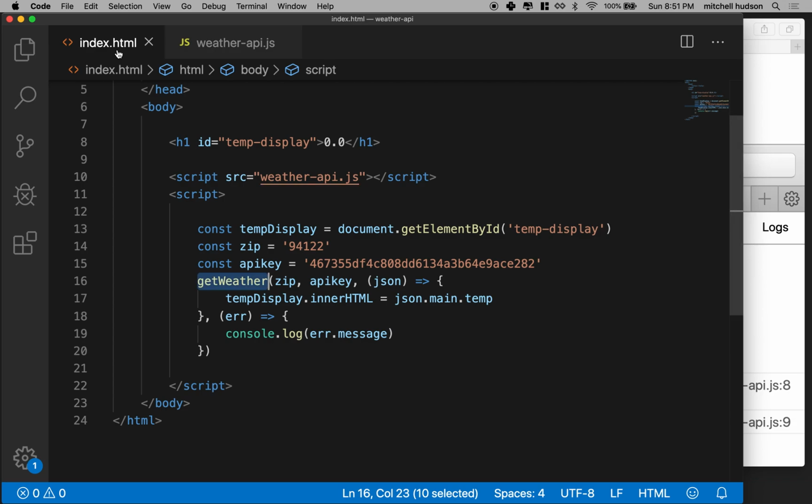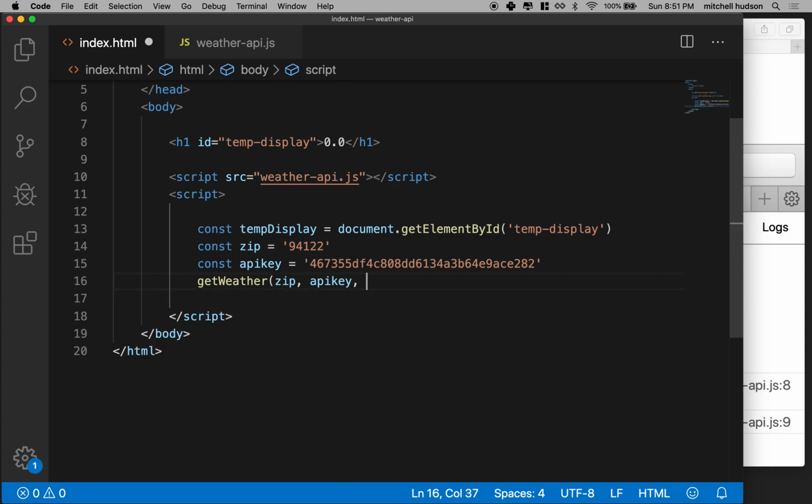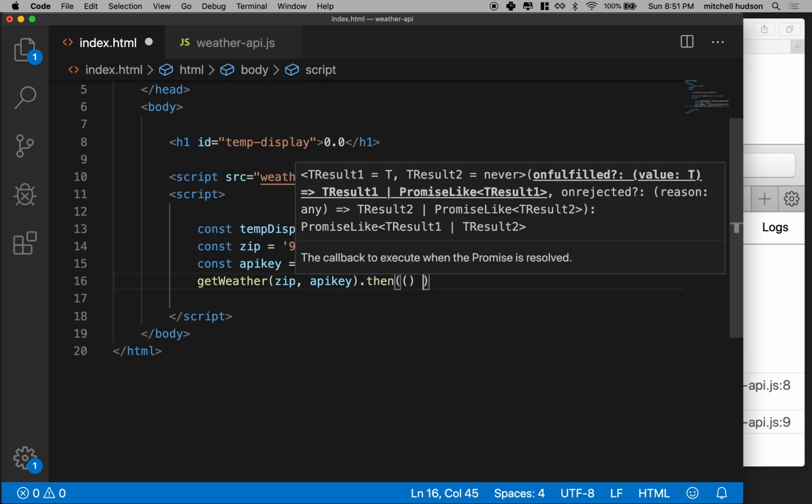So that means over here in our index HTML, getWeather is now going to return a promise. So we won't need this stuff. I'm going to get rid of that just for the moment. We'll just pass in the zip code and the API key, and then this is going to return a promise. So that means we can call .then on the promise that was returned,